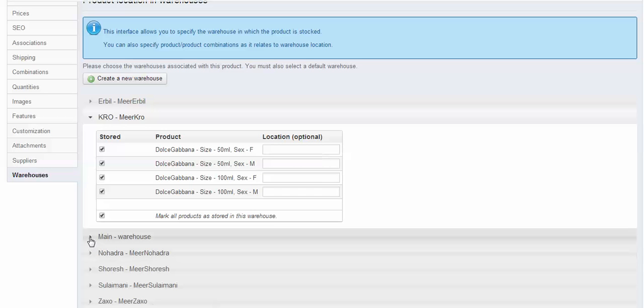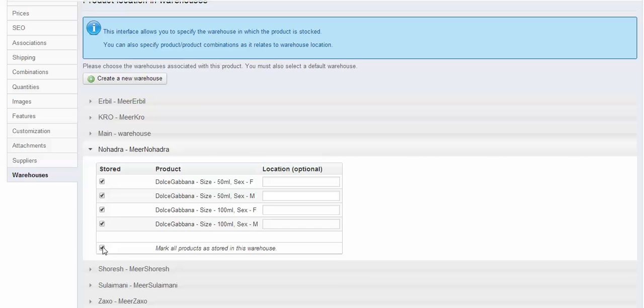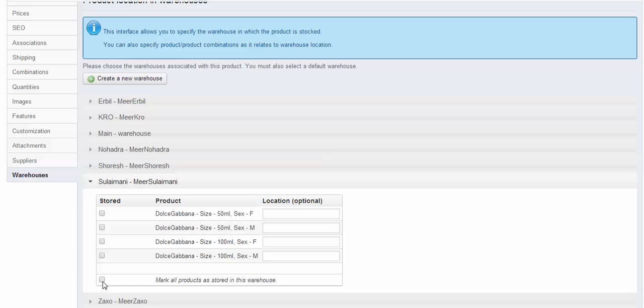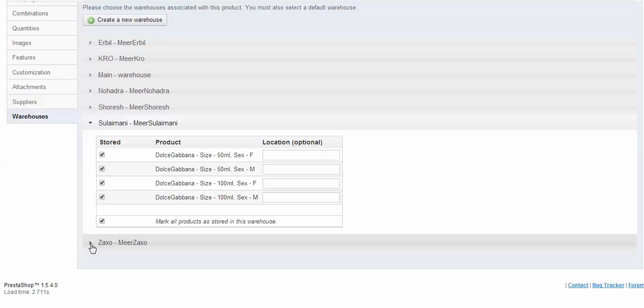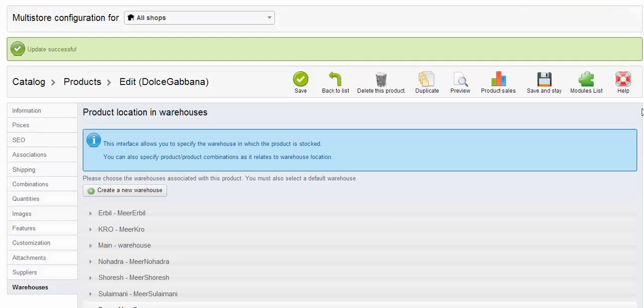this, as I said, main warehouse, and one by one. In your case it might be just one, it doesn't matter, as long as you say where it is available. And the last one, and by the way, this is for merefashion.com. This is a live example, and this business has many stores across many cities. So this is going to be appearing for every single one. So we say save and stay again,